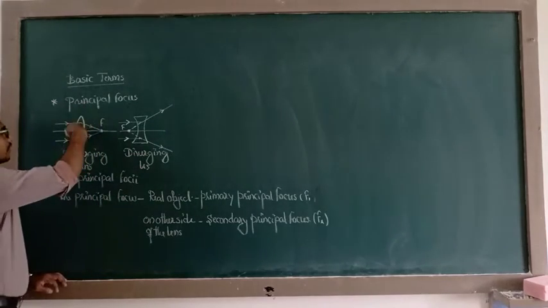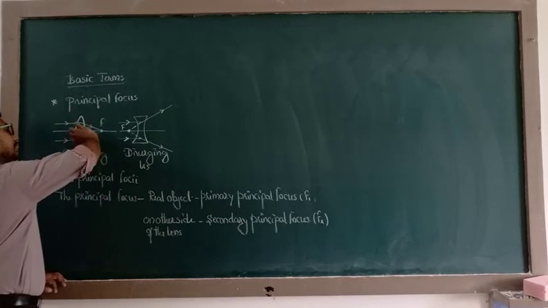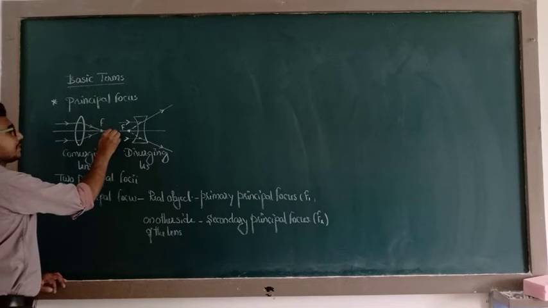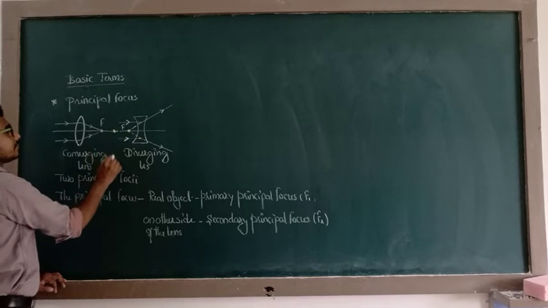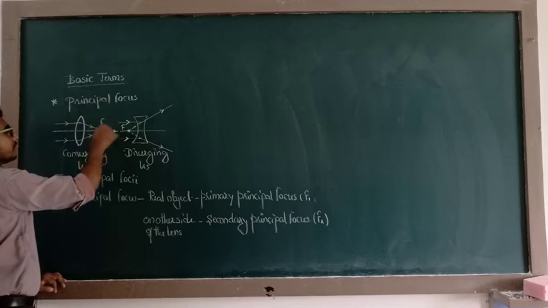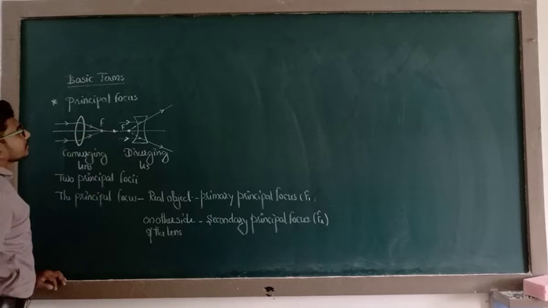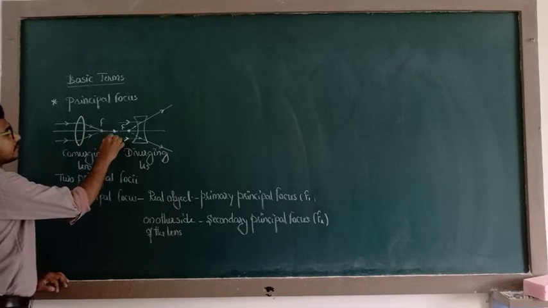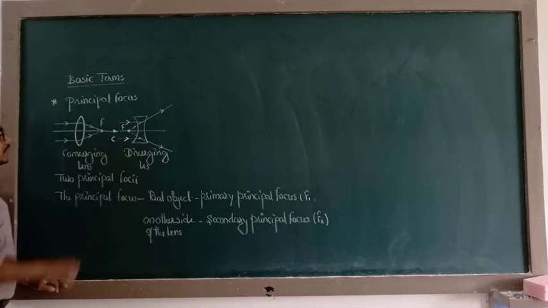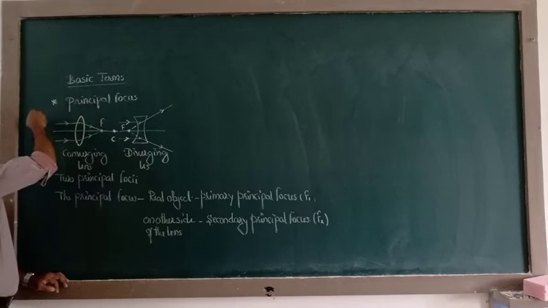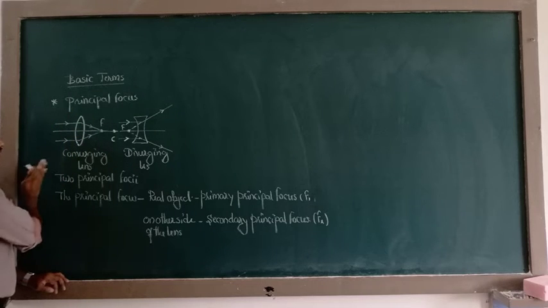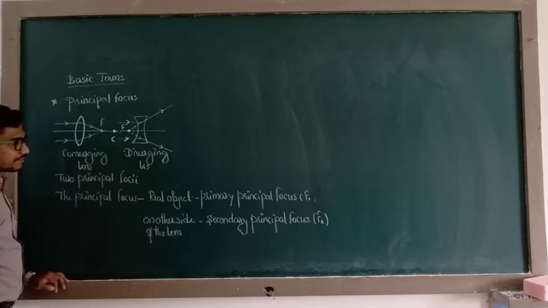So this is our first spherical surface. By proceeding this one, we will get an imaginary sphere. Let us say this one be the center of that sphere. That is C. And like this, by proceeding this one, we will get another center of curvature of the second spherical surface.